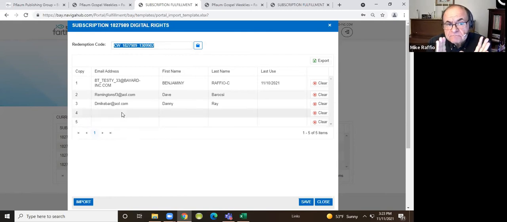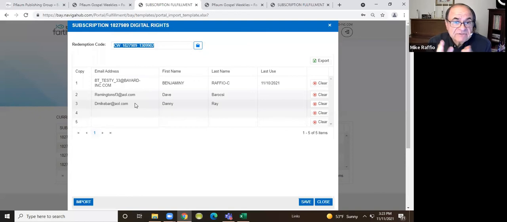And the only difference is that when you are filling out this form, you will have their first name and last name. If they use a redemption code, the only thing that is captured is the email address. And so if you want to then go back later and you'll see this list of email addresses, you would then have to put in the child's first name and last name.